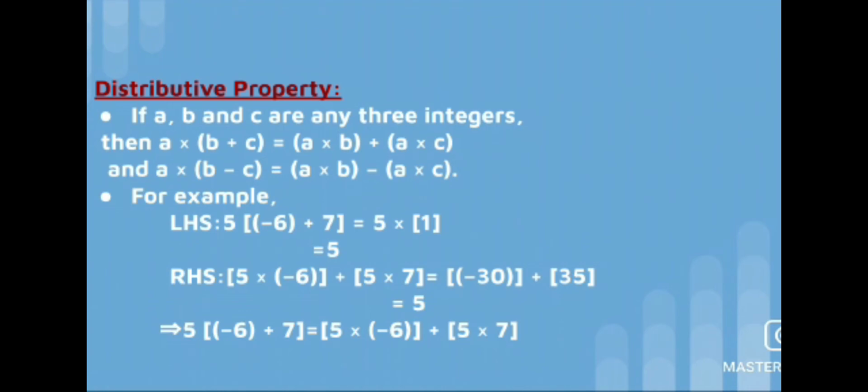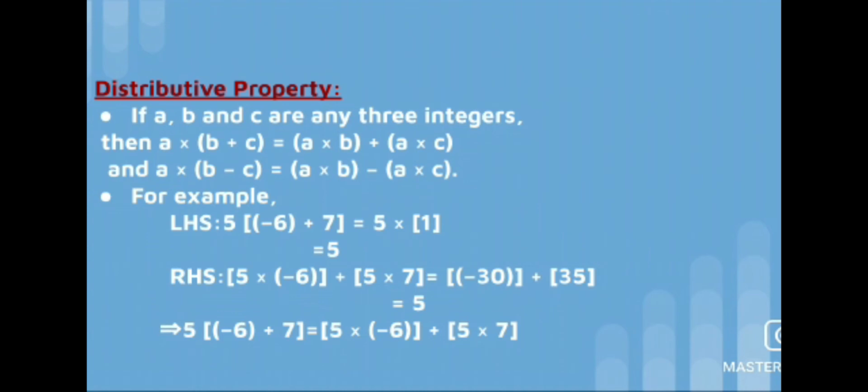First we can go with addition. So 5 into minus 6 plus 7. Here they have given the bracket, that is over addition. So here alternative signs mean we have to subtract and put the greater number's sign. So minus 6 plus 7, the answer is 1, the greater number's sign is plus, so the answer is plus 1. So 5 into 1 is equal to 5.